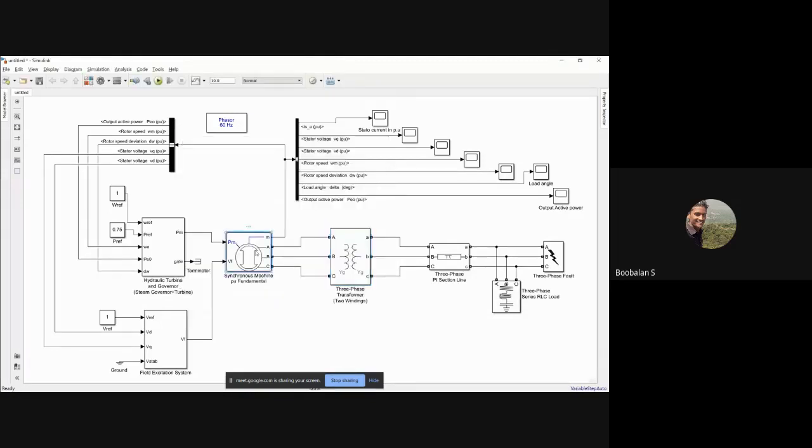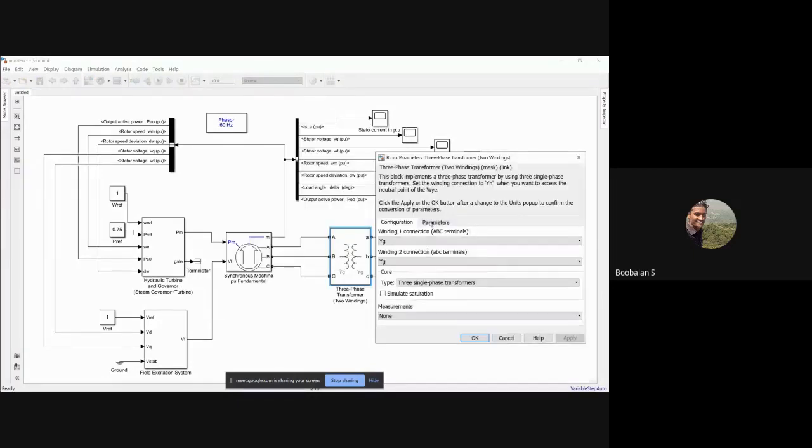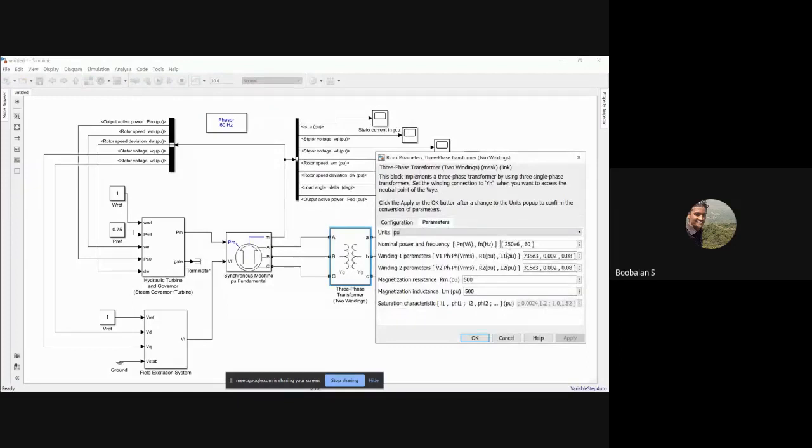My maximum generation is now about 187, and 13.8 kV is my VRMS. But here it is stepped up, about 735 kilovolt is now stepped up, right?